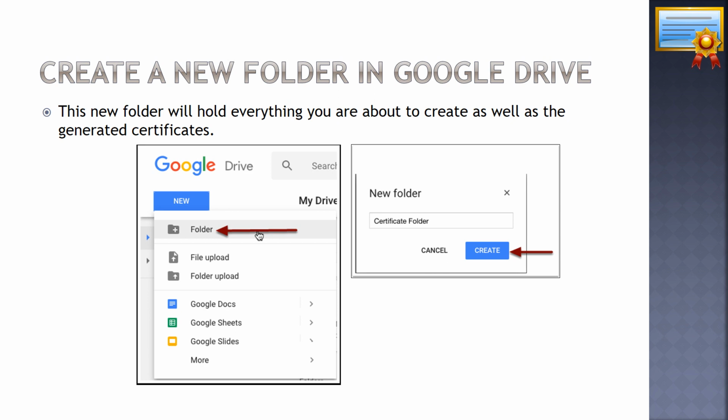Okay, let's start working on it. For this purpose, it will be better if we have a separate folder on Google Drive. It will be easy for us to manage documents. To create a new folder, go to Google Drive and click on the icon shown in the image. Give some relevant folder name. I am using a certificate folder here.